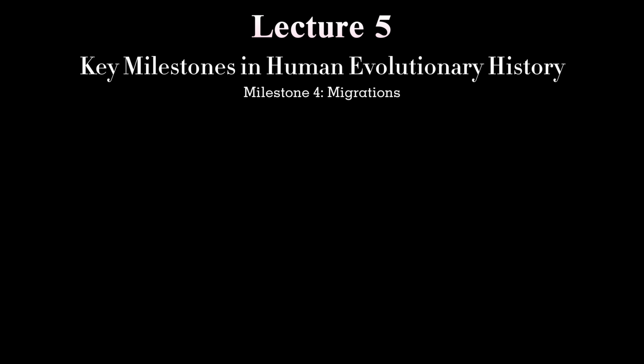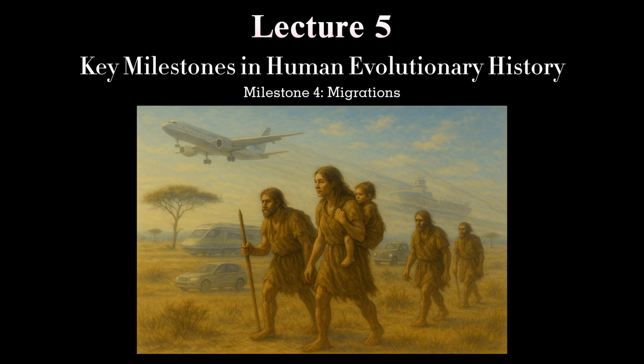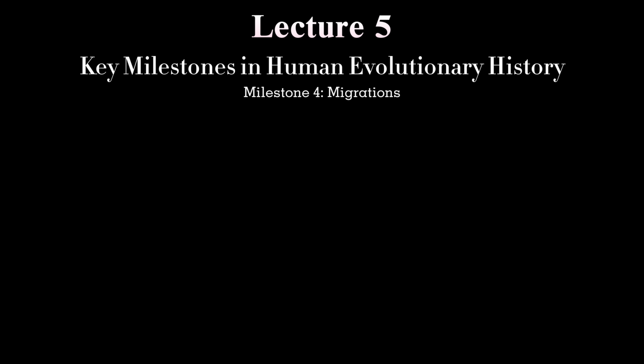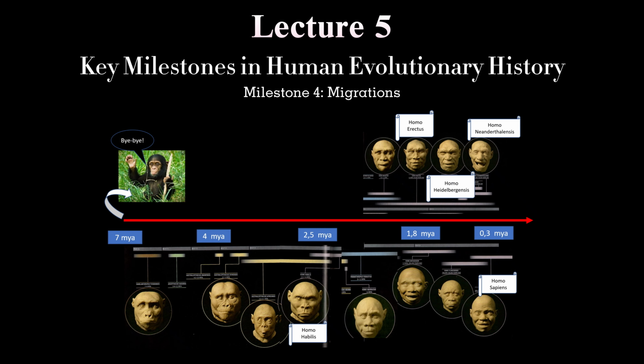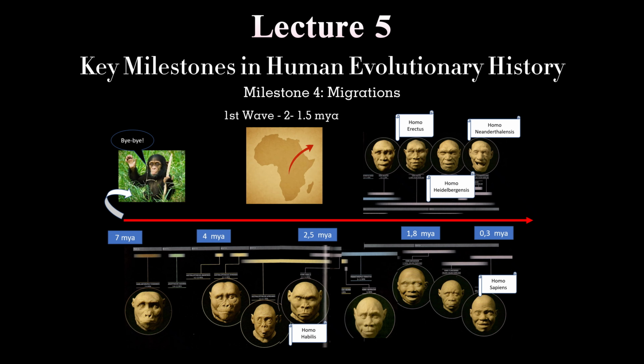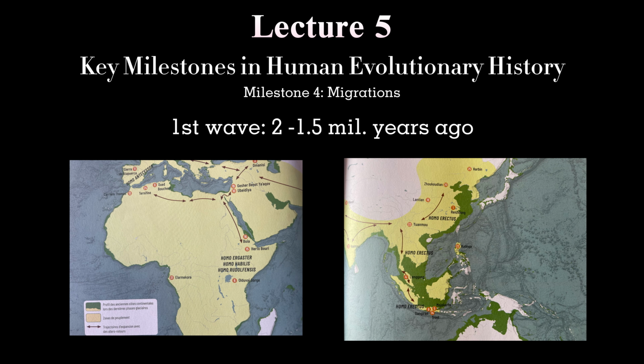Milestone 4. Let us now examine hominin migrations. Perhaps the wandering spirit of our ancestors reflected an emerging drive for knowledge and discovery, traits that would come to characterize modern humans. Multiple waves of migration out of Africa occurred prior to the emergence of the Homo sapiens species. The first such wave happened around 2 million years ago and involved one of our predecessors, possibly Homo ergaster or Homo erectus. Archaeological evidence places their presence in regions as distant as China, 1.5 million years ago, and Georgia, 1.8